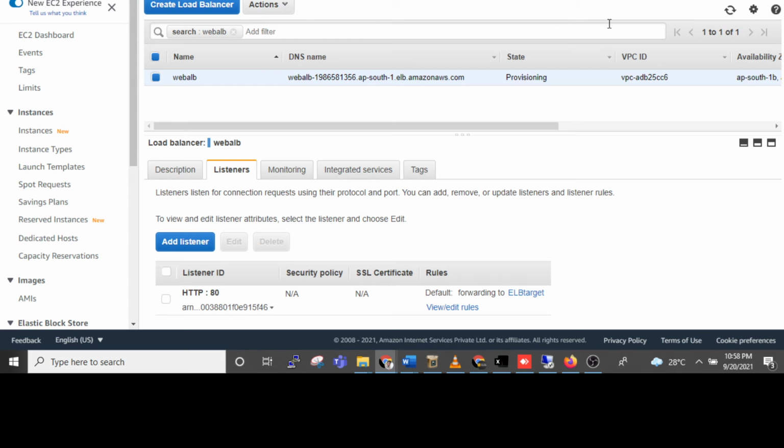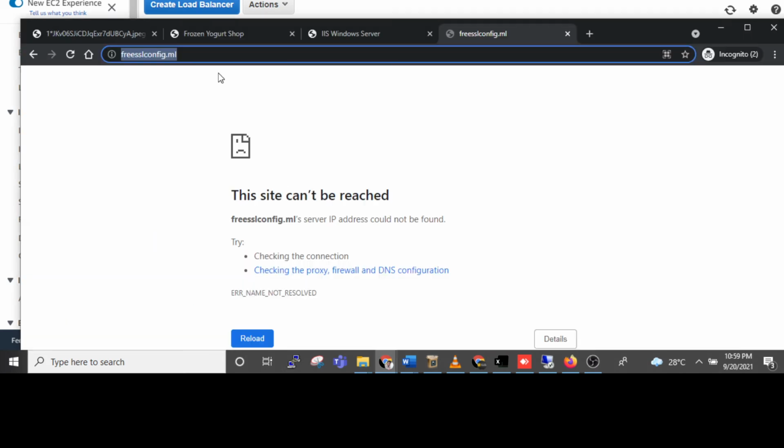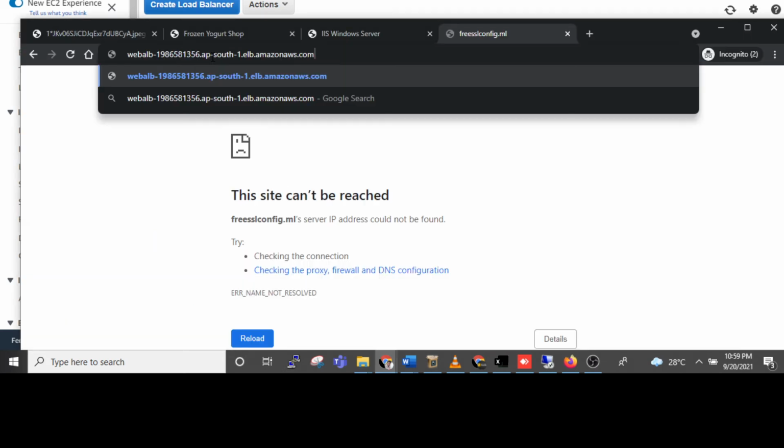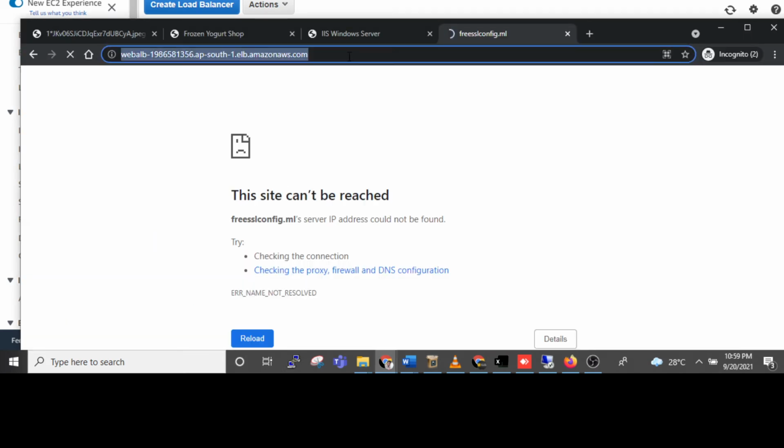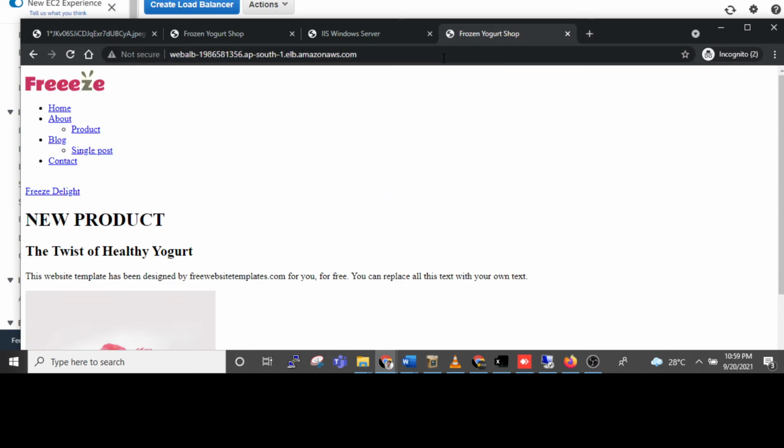Meanwhile, we can see whether our load balancer is working or not. It's now in active state. I am browsing the load balancer link and checking. Yes, see, it's taking our first website.